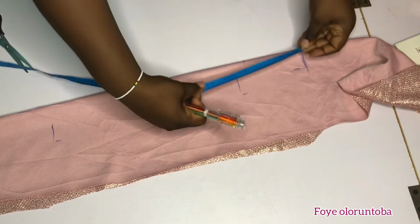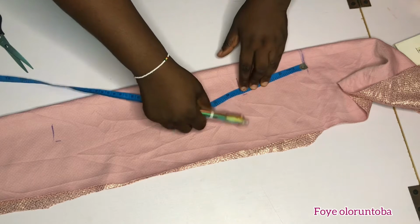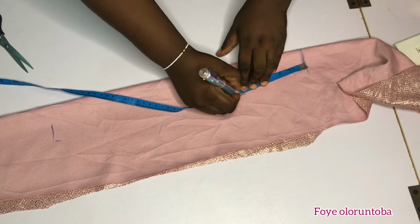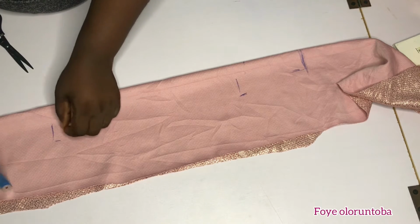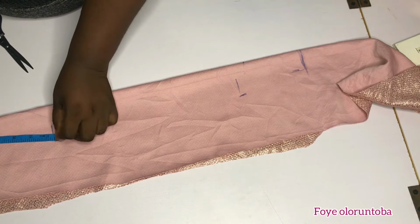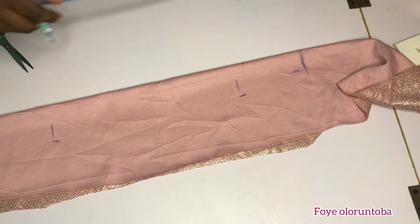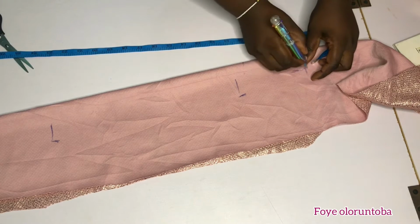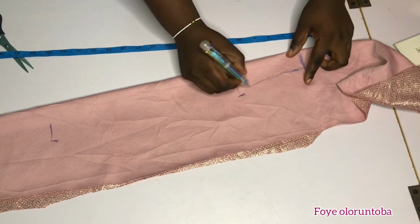So we're just going to bring it up from the 1.5 down to the 3 inches because we want it thin at the extreme ends, basically because of the Alice band, so that it can give it more shape. But if you're using the rubber, you can actually not make it so thin like that. So we're measuring it out and